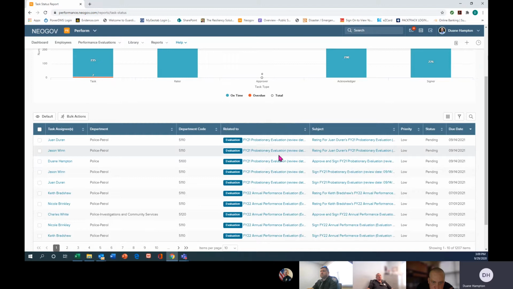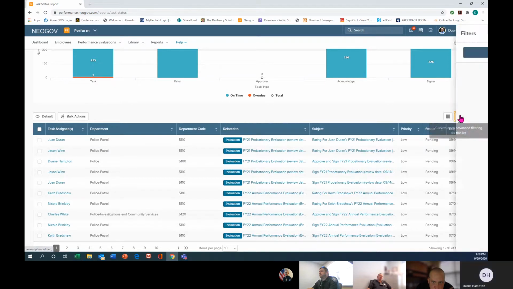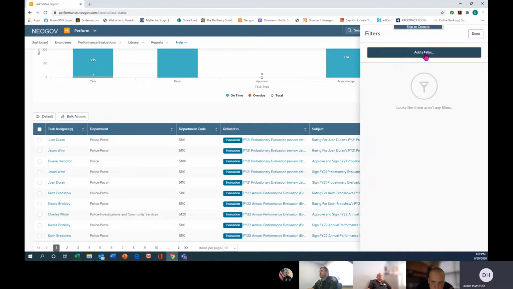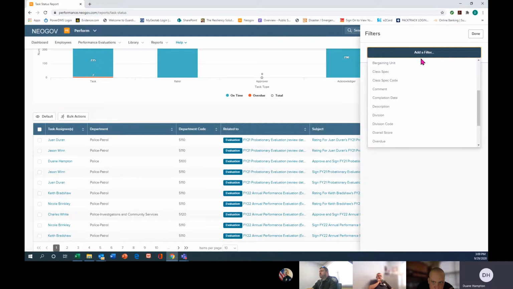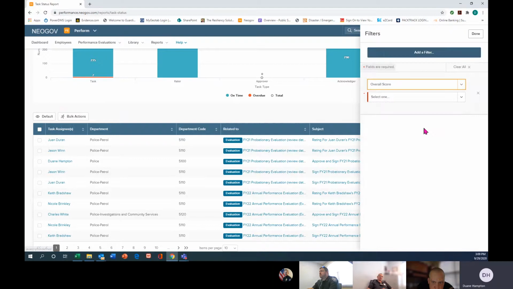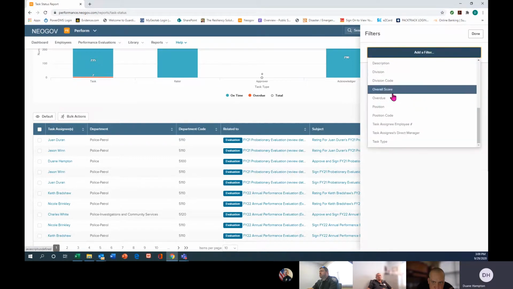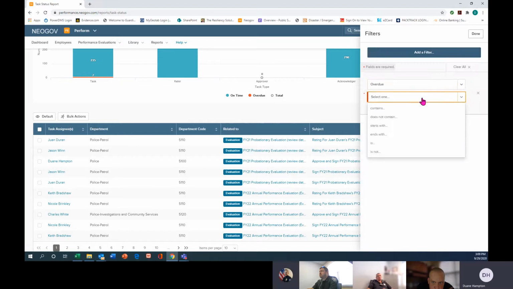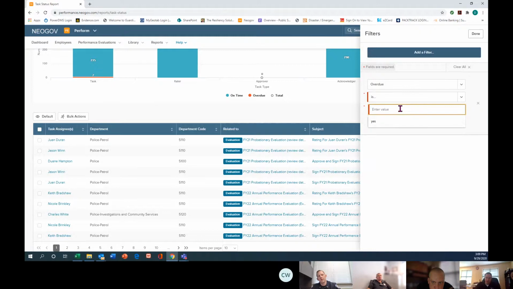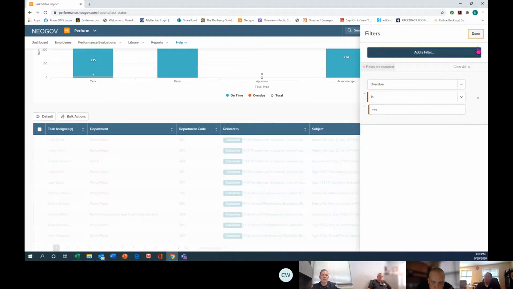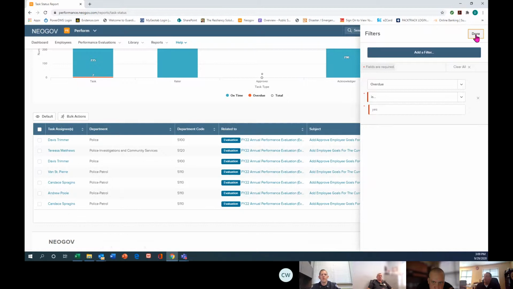So you've got to go through this list now and filter it. This little symbol right here is the filter symbol. Hit on that, and then you add a filter. And what we're worried about is overdue. So come down here, there's actually an overdue category. So you want to select, oops, sorry, cancel that, add a filter. You want to select overdue, and then you select is, and the value, I just enter yes. So it's now going to pull me a report of anything that is overdue